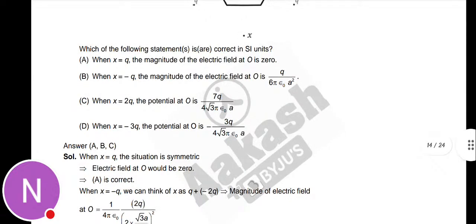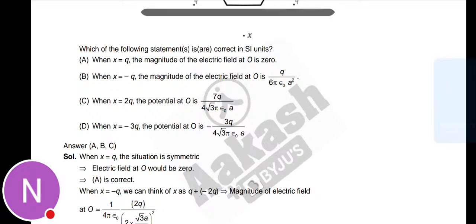Option A: when x is equal to q, the magnitude of the electric field at O is 0. Option B: when x is equal to minus q, the magnitude of the electric field at O is q by 6 pi epsilon naught a square. Option C: when x is equal to 2q, the potential of,